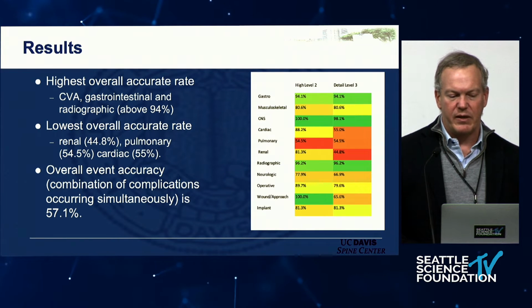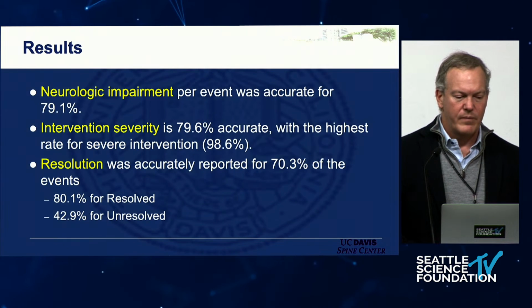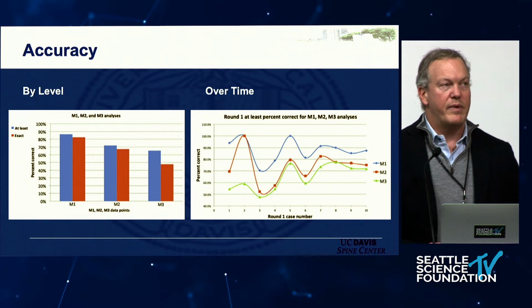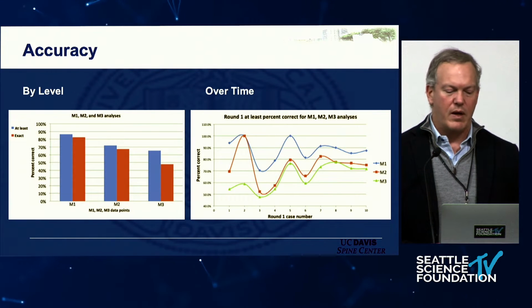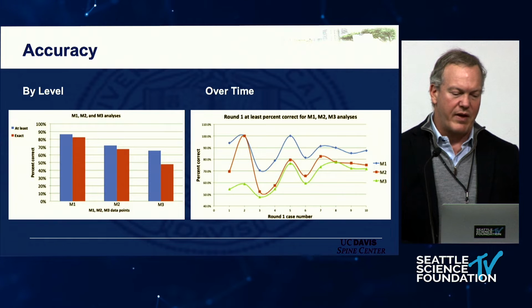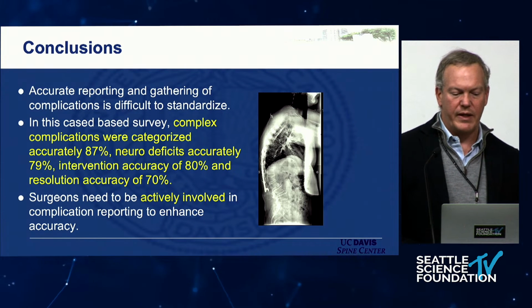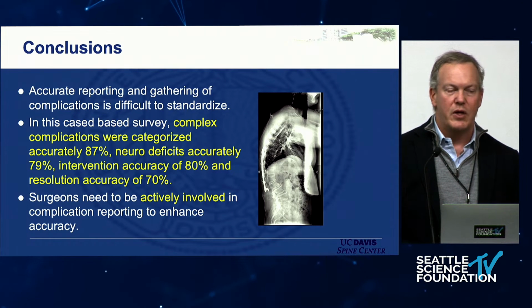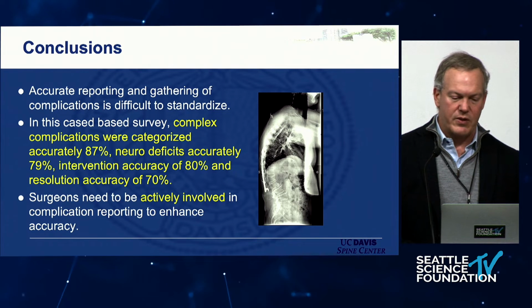And there's some things that were particularly accurate, so cardiovascular events were very accurate, and maybe some of the medical complications we were less good at identifying. We also found that over time, as you started working with this classification, you got better and better at using it and understanding how to classify things appropriately. And so we found that complex complications were categorized accurately, neurodeficits were also accurate, but that surgeons with some medical knowledge really needed to be involved to help put these in perspective for us, our patients,